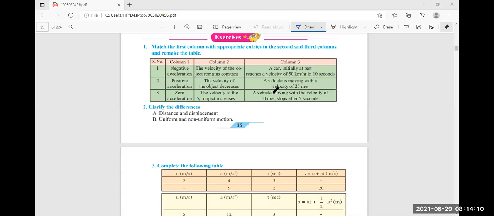Another, Sai Malpure wants to tell something. Yes, Sai Malpure, you can tell. Yes, sir. The uniform motion is identical to the actual speed of the object. Uniform motion covers equal distance in equal time intervals. Non-uniform motion covers unequal distance in equal time intervals. In uniform motion, the distance-time graph shows a straight line. Okay, very good, students. You are giving very nice answers.